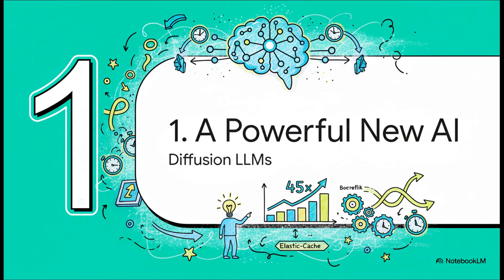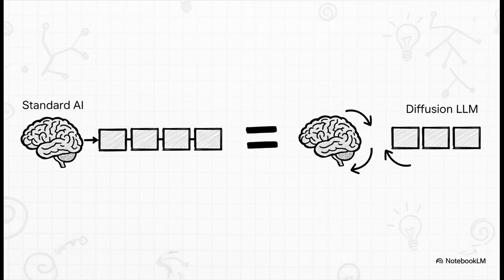It's a class of models called Diffusion Large Language Models, or DLMs for short. And you should know, they represent a really promising new way to generate text. Researchers are, to put it mildly, pretty excited about them. Now these models, they have incredible potential. They can actually match the quality of the top-tier AIs you already know, but they work in a completely different